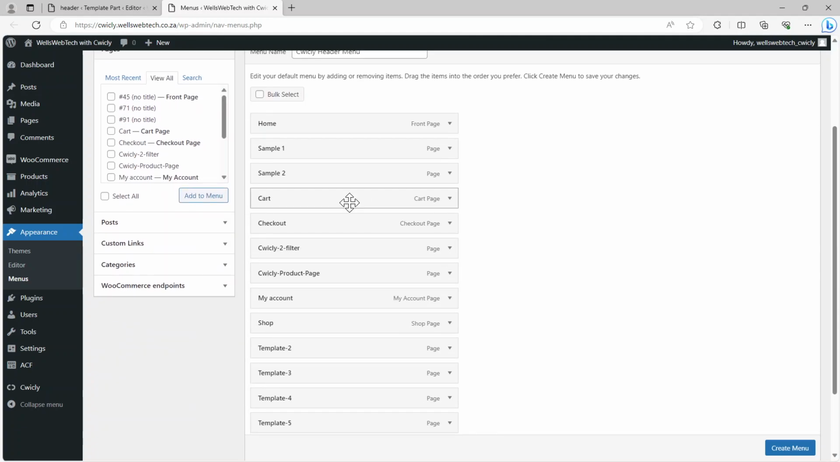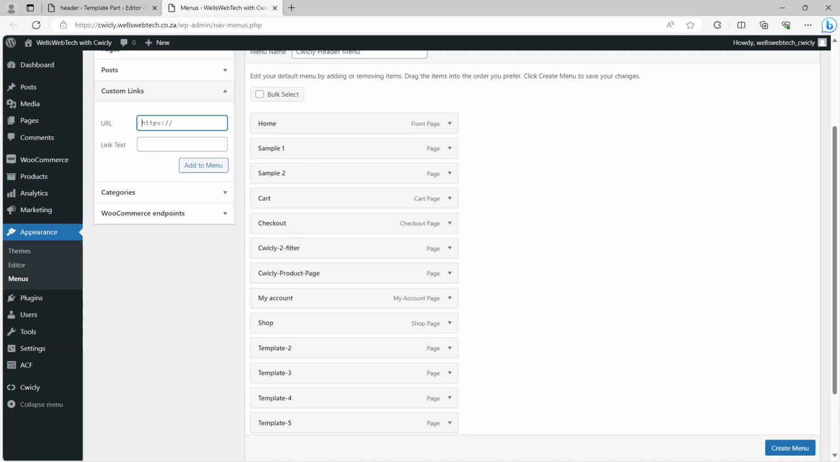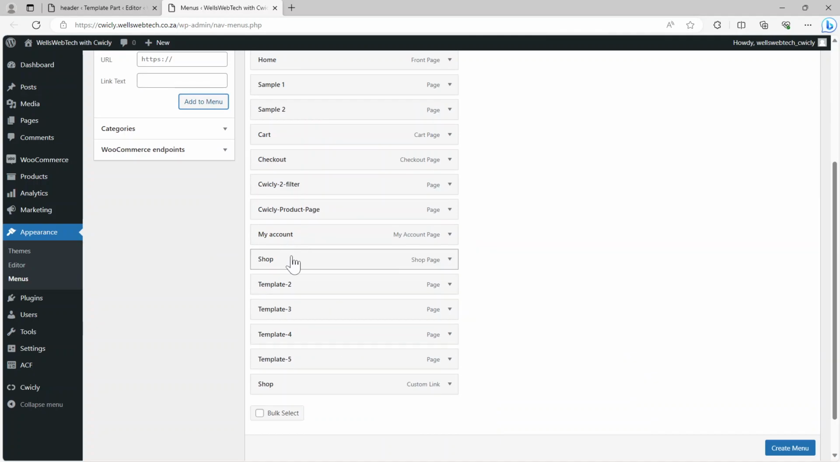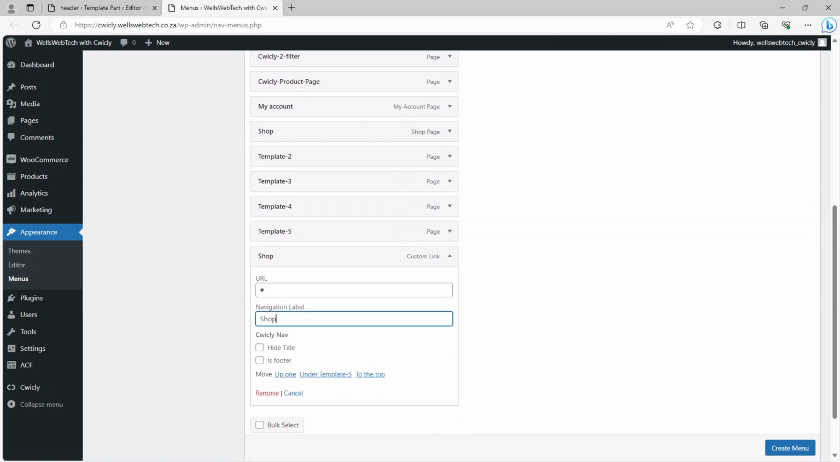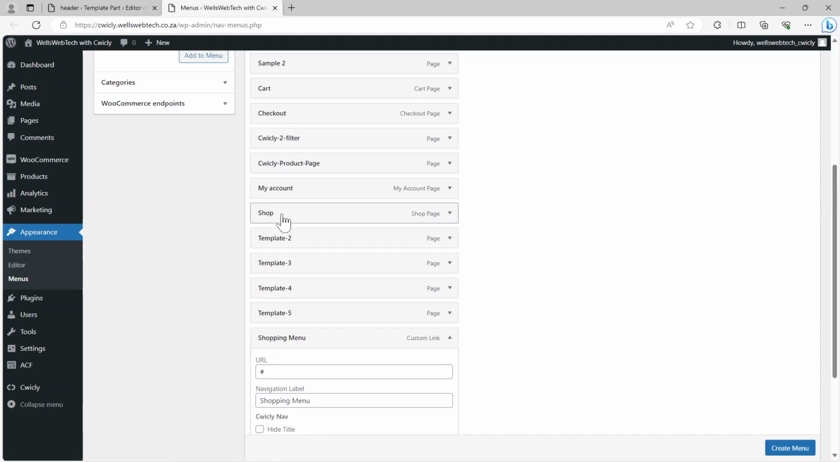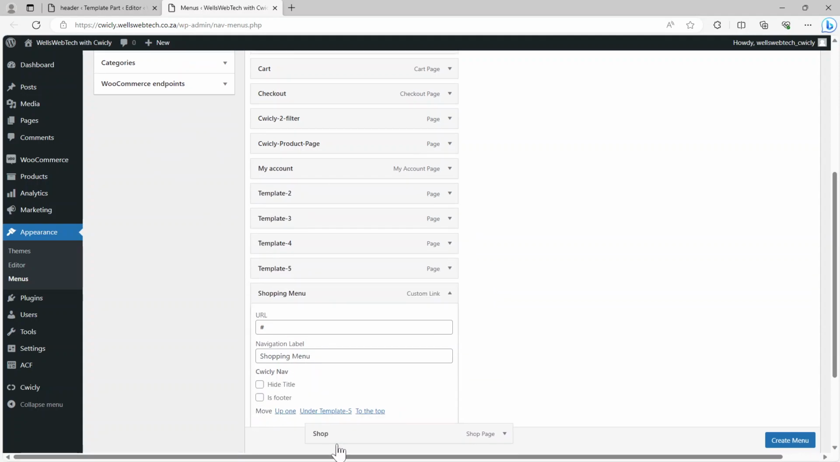And so whenever it comes to WooCommerce, what I normally do is I create a custom link. I just push a hashtag here, and then I just call it shop. Okay, I say add to menu, and then on my shop, then I've got, or let me call it something else because there is a shop already. Shopping menu. Okay, and then here's a shop, so I would just drag it and add it to the bottom over here,